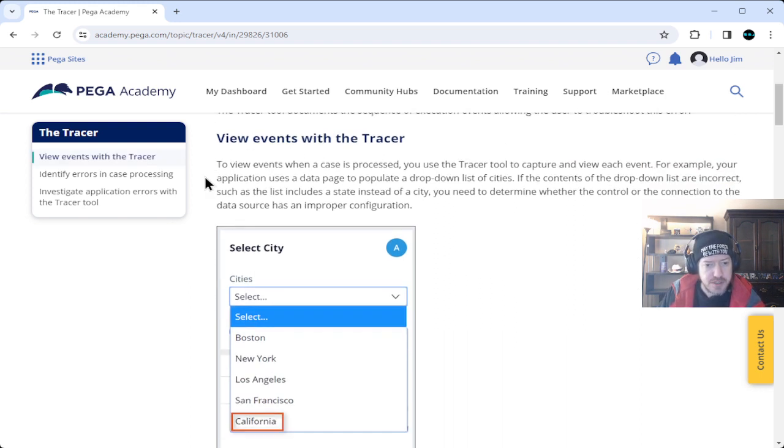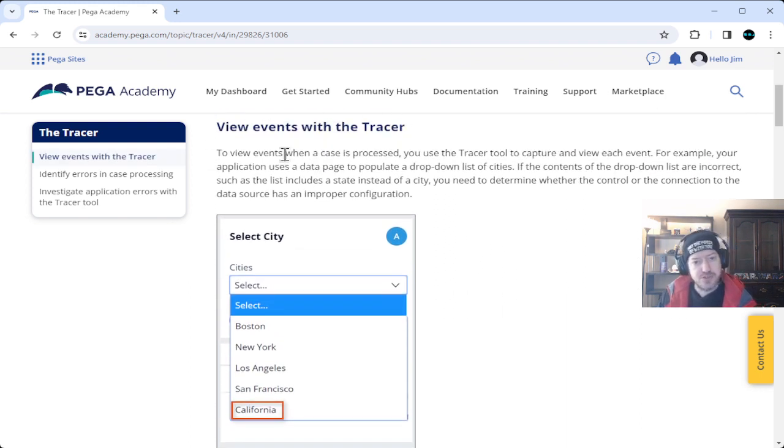So, view events with the tracer. To view events when a case is processed, you use the tracer tool to capture and view each event. For example, your application uses a data page to populate a drop-down list of cities. If the contents of the drop-down list are incorrect, such as the list includes a state instead of a city, you need to determine whether the control or the connection to the data source has an improper configuration,